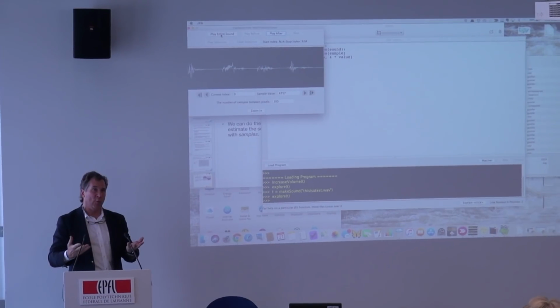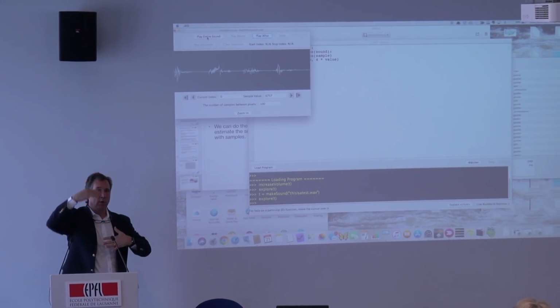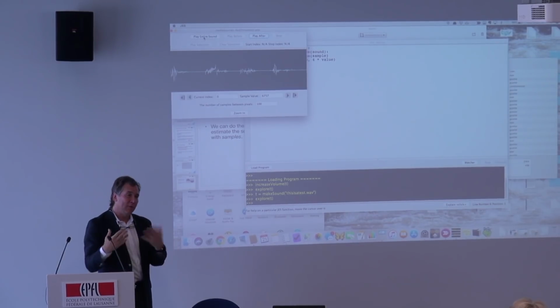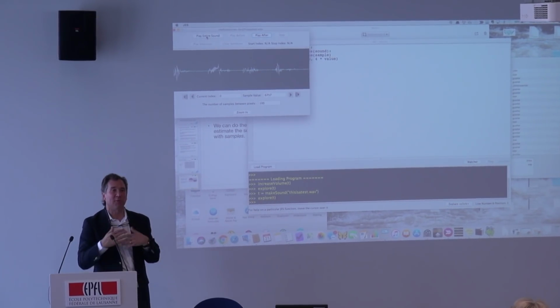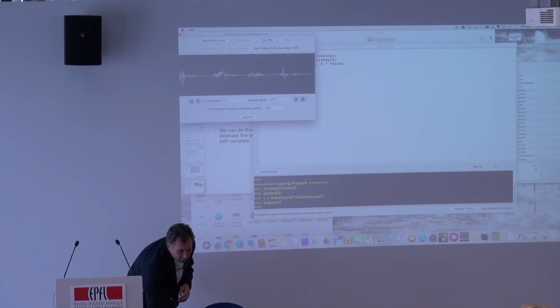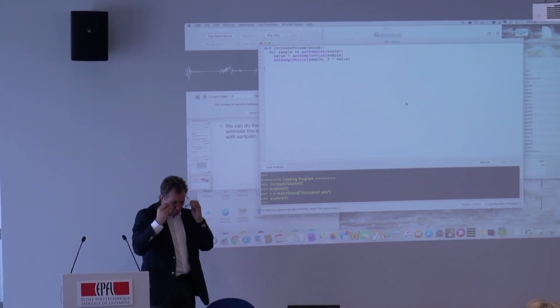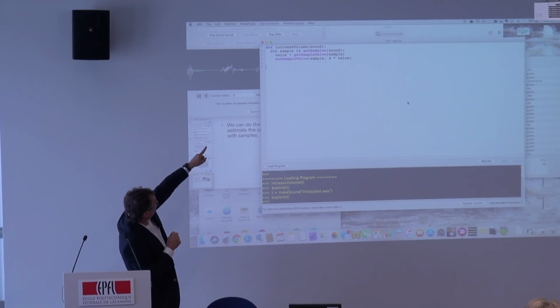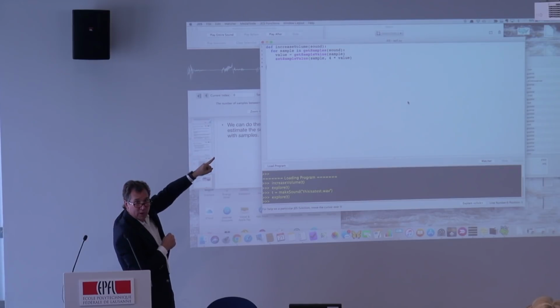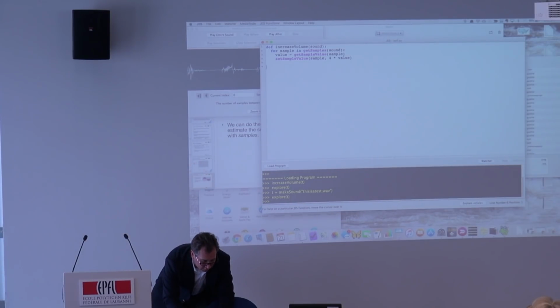How do we make this sound bigger? How do we make it louder? When I first asked in class, everyone says, add 1,000 to every sample. And I do that, and it doesn't make any difference because you actually have to change both positive and negative. So we need to multiply it by something. So here's a piece of code that will increase, for each sample in the samples of the sound, get the sample value, and then put it back into that sample at 4 times its value. So if I run this, increase volume of T, explore T.